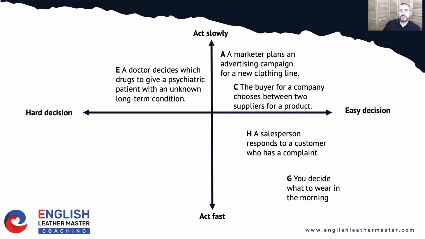If you're a doctor and you've got a psychiatric patient in front of you, there are lots of different drug and treatment regimes. Therefore, you might want to try one, see what happens, move on to another. It's going to be harder to get the right regime for the right person. There's also lots of other factors. So there might be other conditions that you need to take into account, and there might be drug interactions. So you want to take your time over that, and it becomes more complicated.